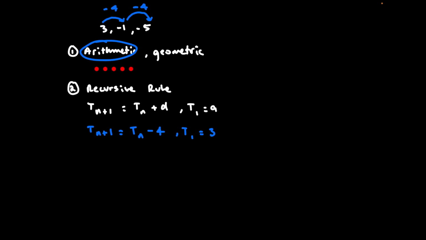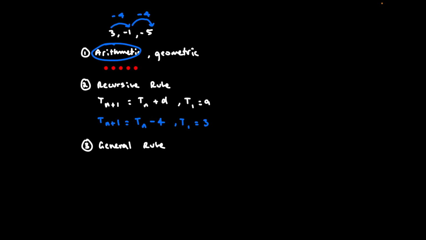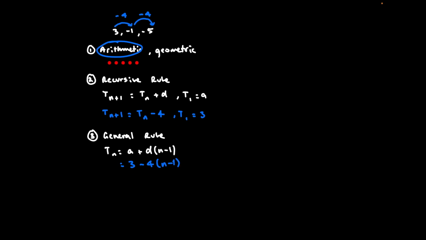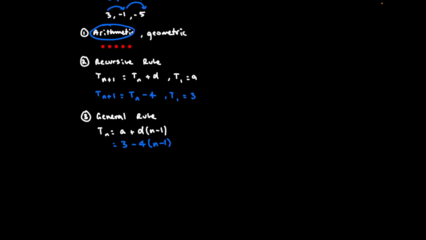And the third question, what is the recursive rule? Sorry, what is the general rule? The general rule for this question is in the form of Tn is the same as a plus d times n minus 1. For this question, the first term we recognize was 3, and the common difference was minus 4. So minus 4 times n minus 1. Okay, now the next step is to work out the 54th term. Okay, what is the 54th term